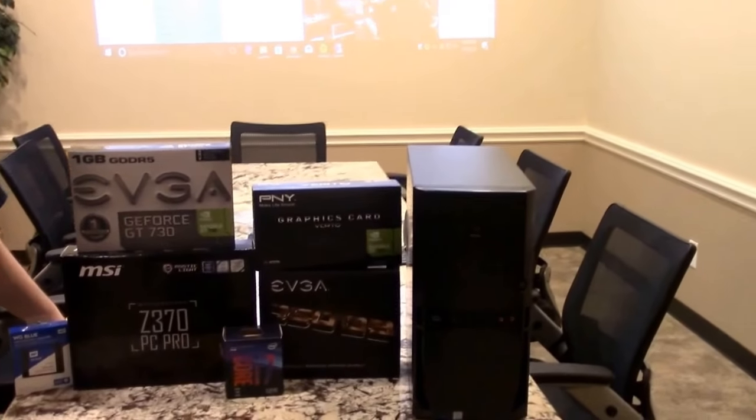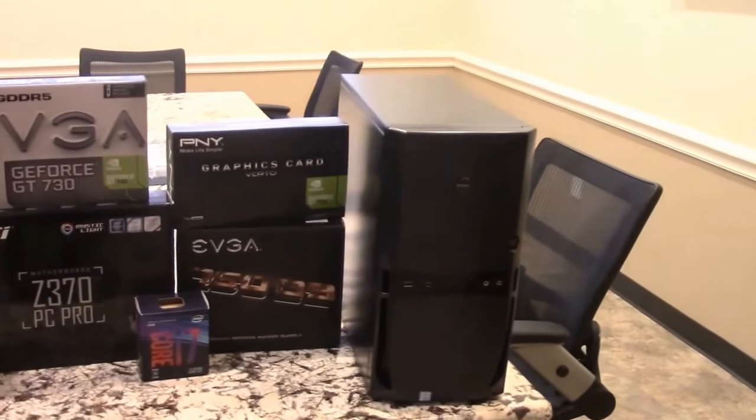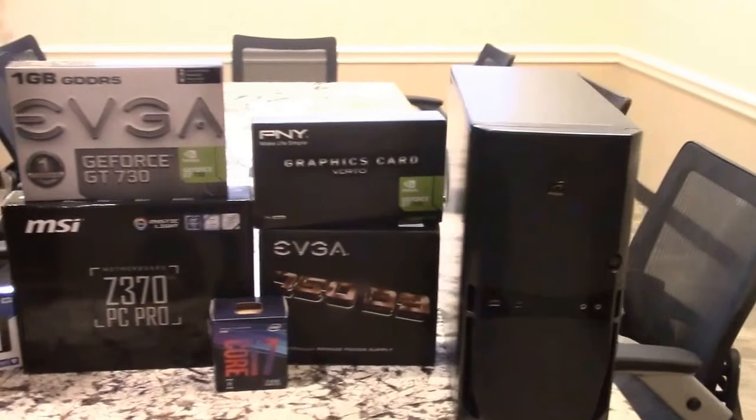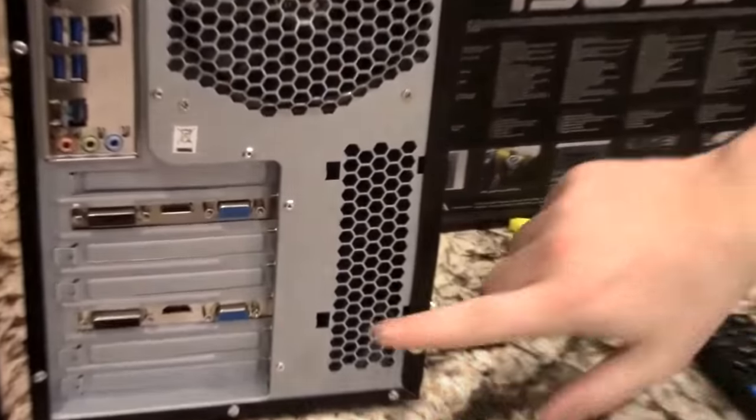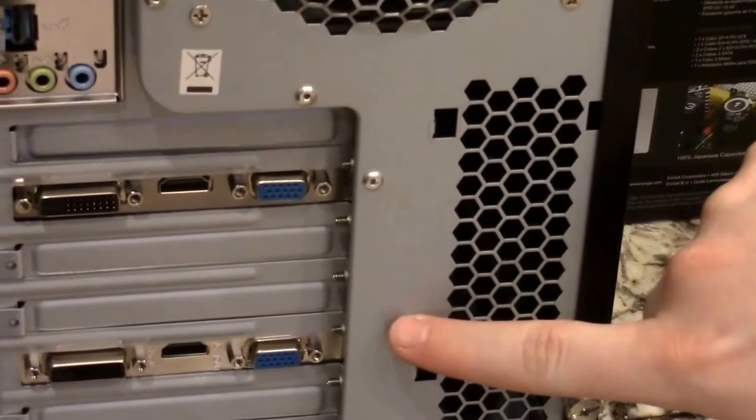Today we're going to go over a custom-built machine that we had requested. The customer is actually a stockbroker, and he needed at least 6 monitors working at once. So to get the 6 monitors working, we went ahead and put 2 video cards in there, and as you can see, it's got 6 different ports, 3 on each video card, so he's able to hook up 6 monitors so he can basically look at all the stock markets and all the little features that he needs